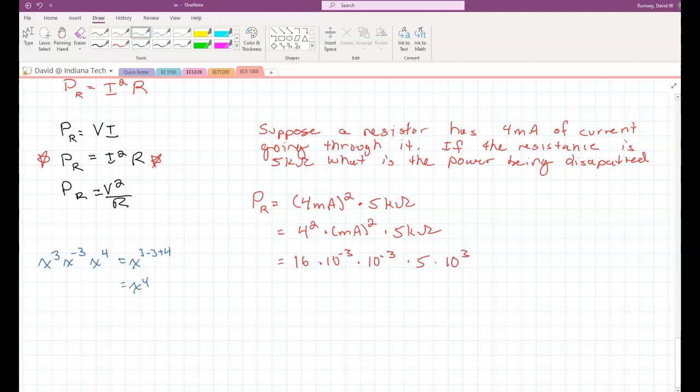We're used to doing that with variables all the time, but it works the same with numbers. I have a 10 to the minus 3, a 10 to the minus 3, and a 10 to the third. So what I'd wind up with is 16